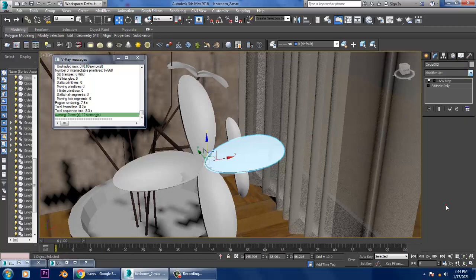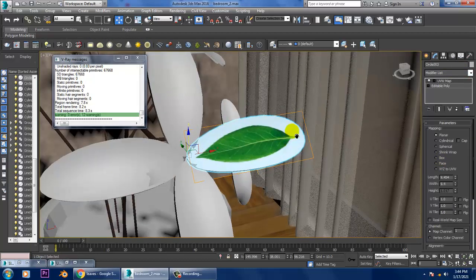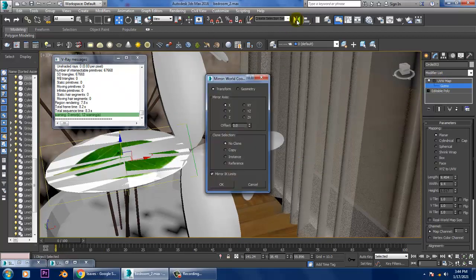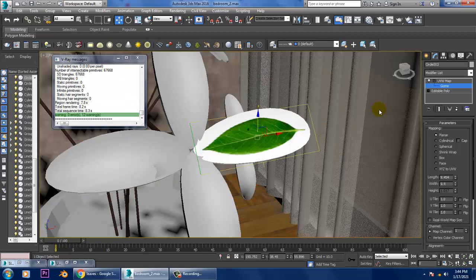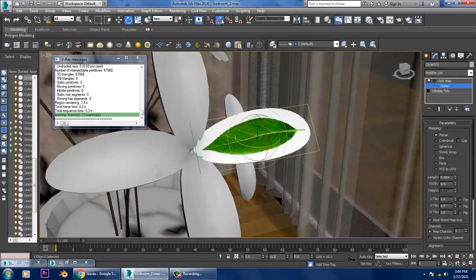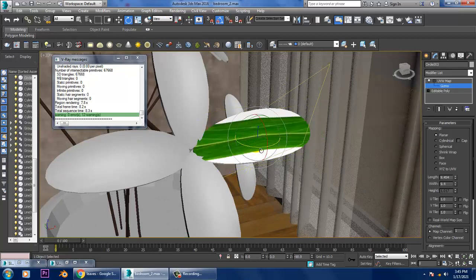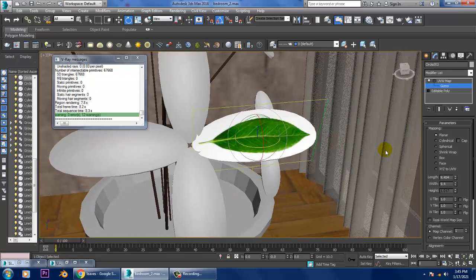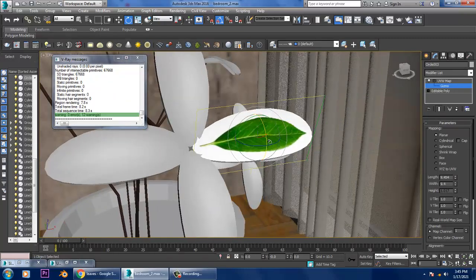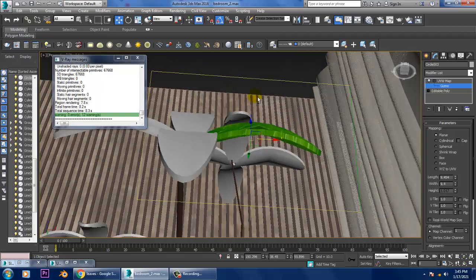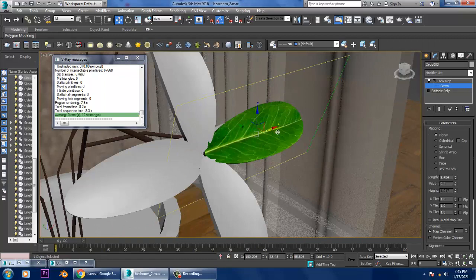Definitely if you can remove the background, that would be much better. Okay, so we are just setting up a basic way.